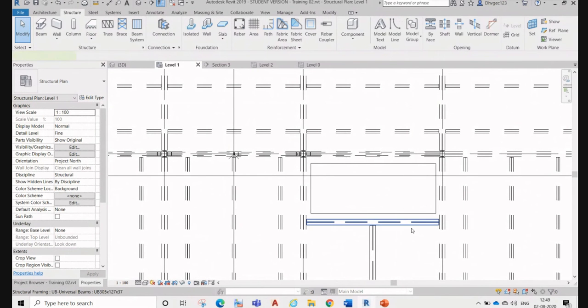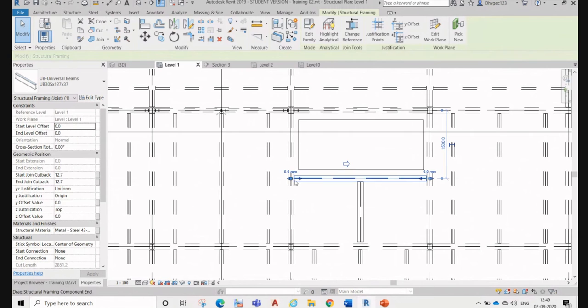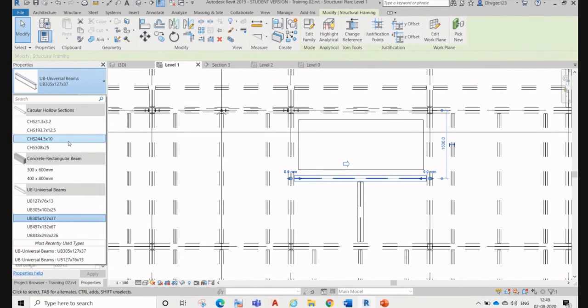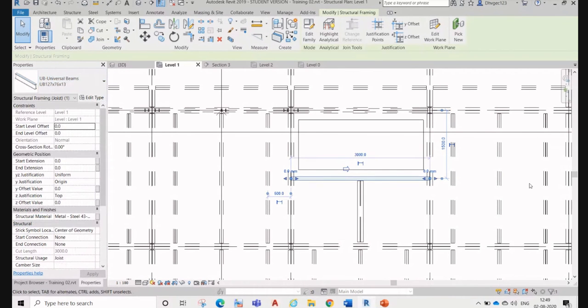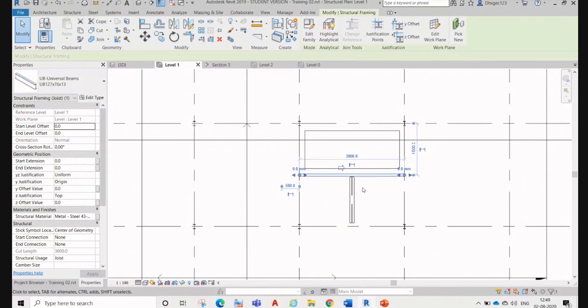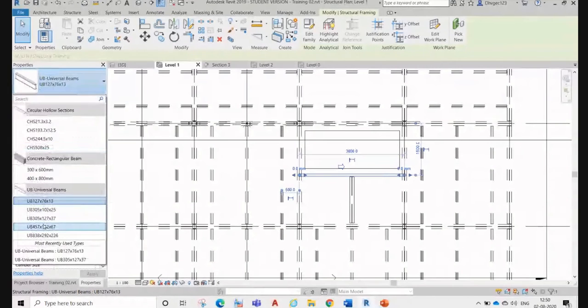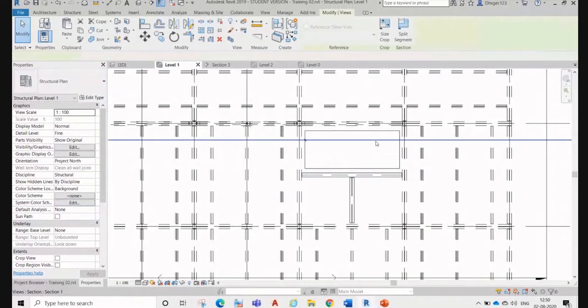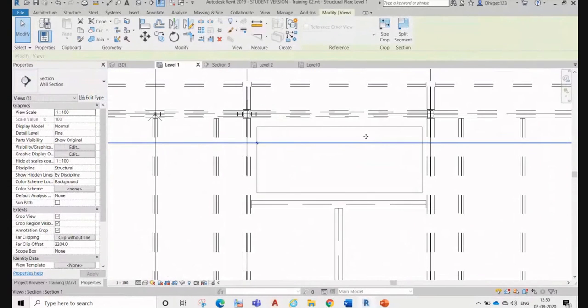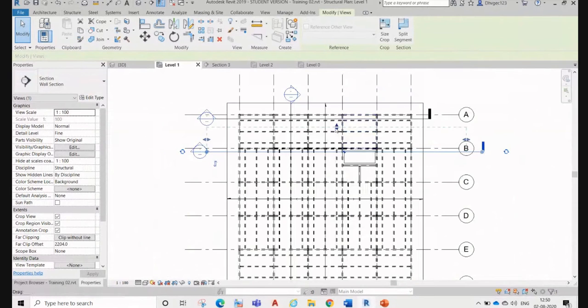Like simply what I did, I just put this beam over there, but it might be possible that instead of 305, a smaller one can work, right? So that is up to our calculation, but we have to be sure. Okay, that is the structural engineering point. Understood. Thank you.